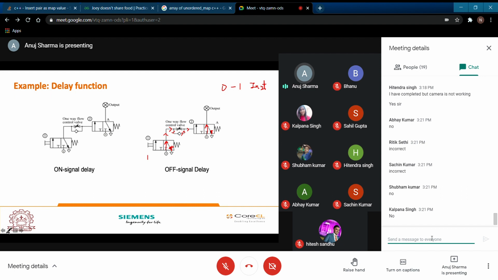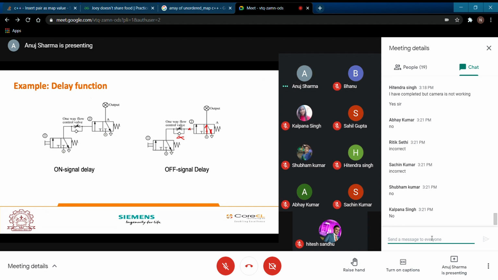But what will happen when we provide an off signal? When we give this a 0 signal, the spring will return quickly. But now you need air to exhaust from this particular direction also. Now this conversion is going to take time because the flow is not going to flow into this particular direction, it will not be allowed.